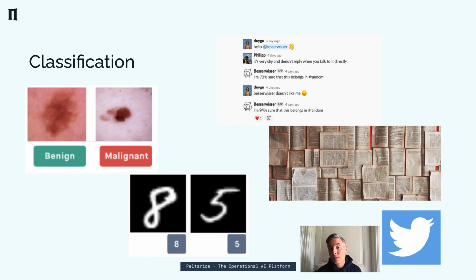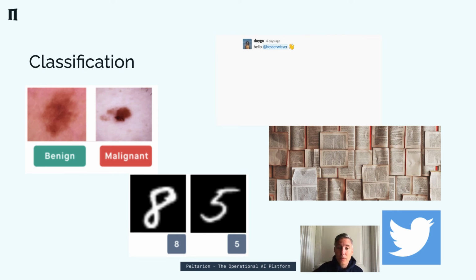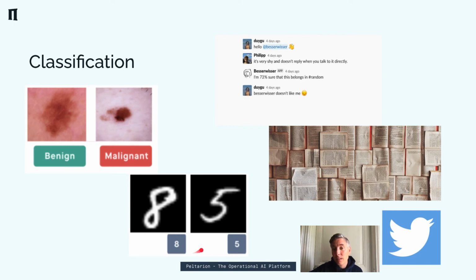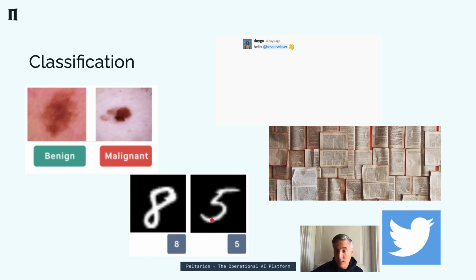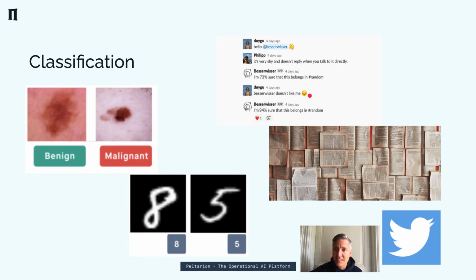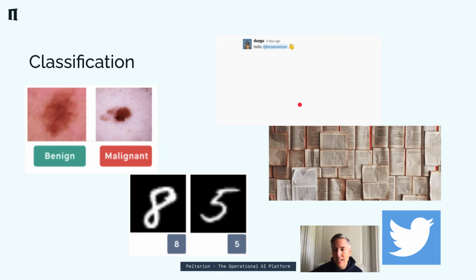And you can use it for classification. So here you can classify an image as benign or malignant melanoma, or whether this is an 8 or a 5, as in an example I did before. You can also have multiple labels in images, of course. You can also classify texts. So here's a Slack conversation that we say is probably random. You can classify books, or classify if something is written